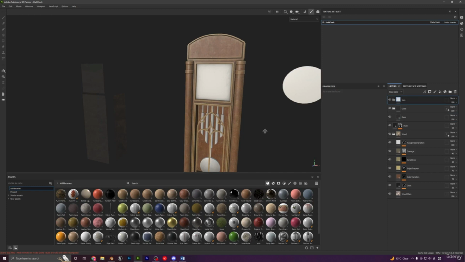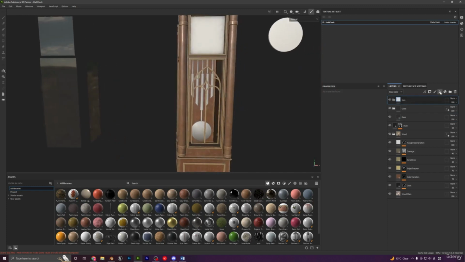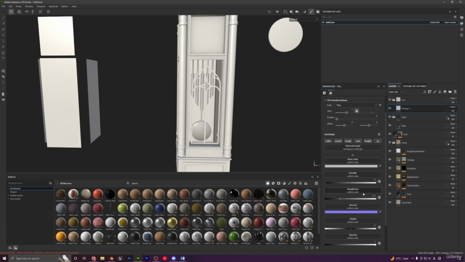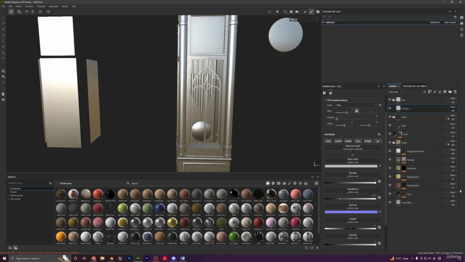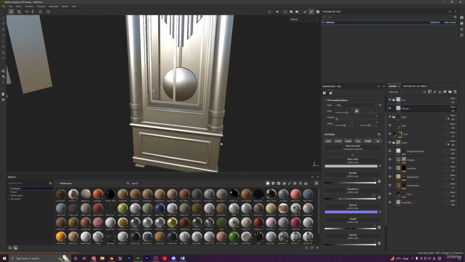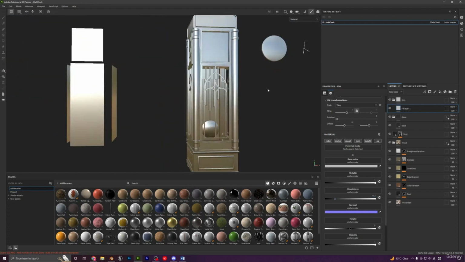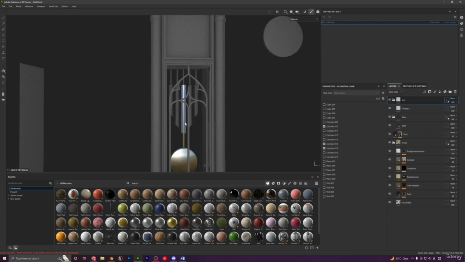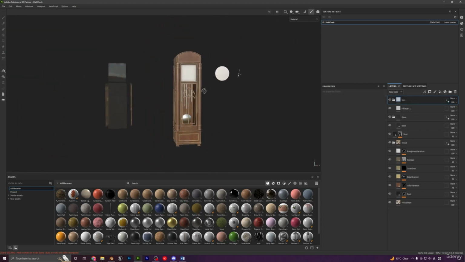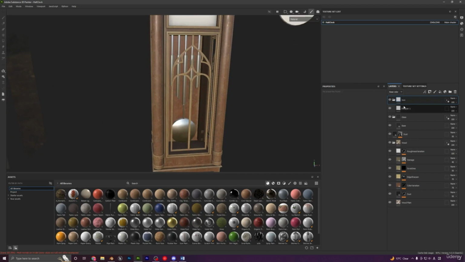All right, so let's start working on the iron material. Again, add a fill layer, and to create the iron material, the color is fine at default only. This color is fine. Just set the metallic value to 1, and you can see already it looks like a metal. And we can maybe make it a little bit less rough, so make it shiny. So let's just set this to 0.2. Click over here, right click, exclude all, and select this, and these things. Yeah, pretty good. Let's rename this to base,